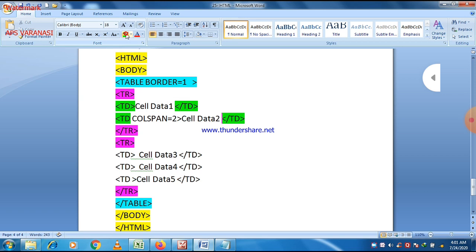So there are two data in table row 1, and here we use colspan equal to 2, so two columns will be merged when we write colspan equal to 2. In the second row, td is also there, and there are three data: cell data 3, cell data 4, and cell data 5.